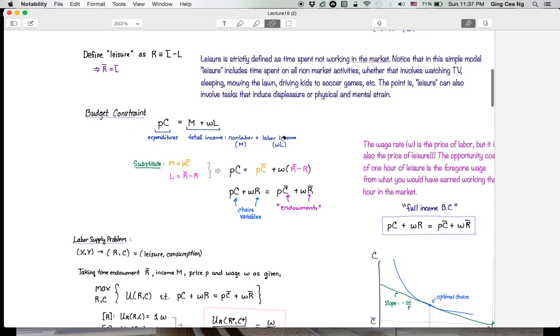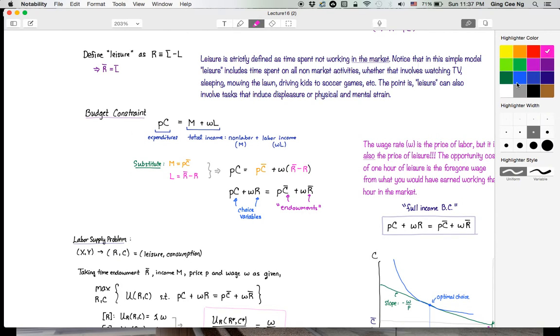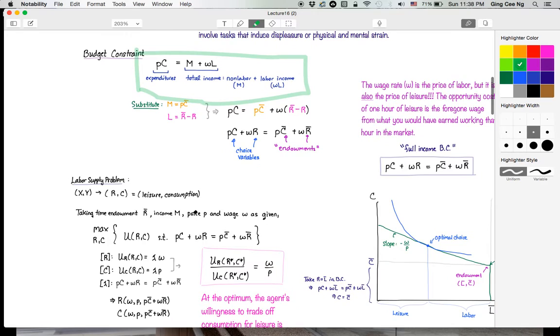So that's going to motivate, this is really the key equation that we're going to use to then build and construct a budget constraint from. And what's wrong with this budget constraint in its current form? Ideally we'd like to be able to write it in our standard form, since